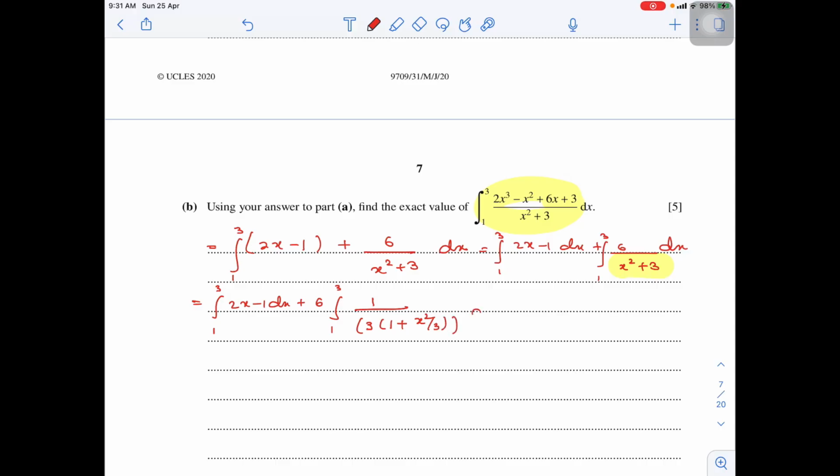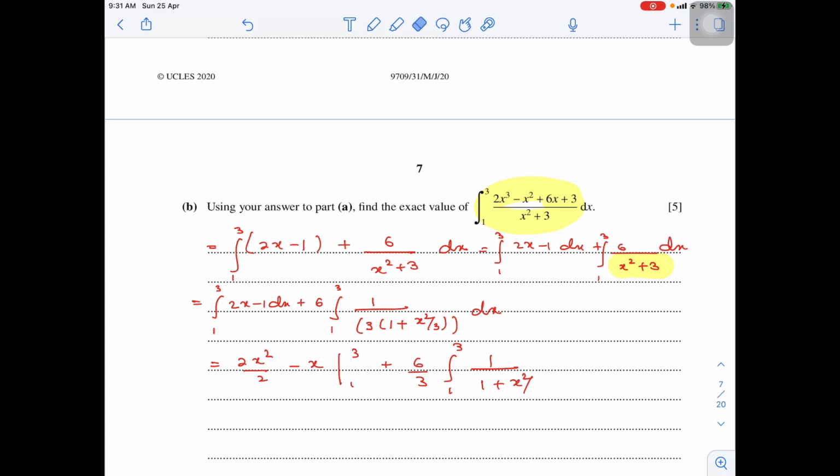Let's change that part into 1 plus x squared form. So that's the same as 3 times 1 plus x squared over 3,